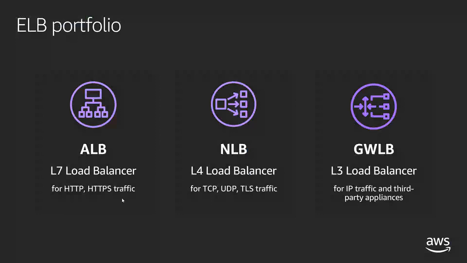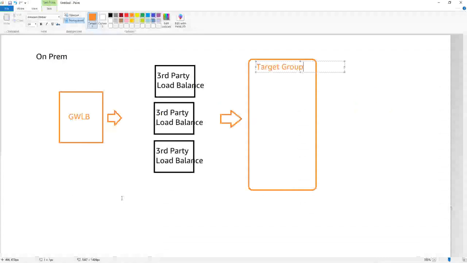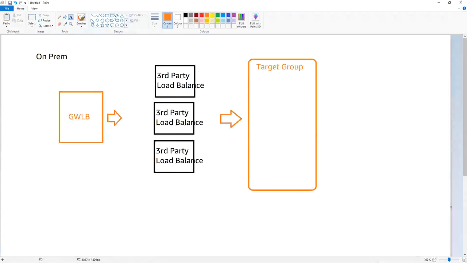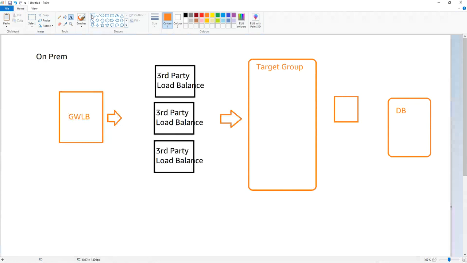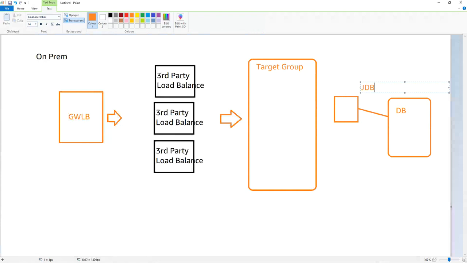Let me try to draw that for you, how a DB works. When you talk to a DB, a database doesn't work by accepting connections from multiple sessions. When a client is connecting, that DB would expect that the session would get authenticated and continue. So we sometimes call DBs stateful. And the connection you establish here is your JDBC or ODBC connection, not an HTTP connection.